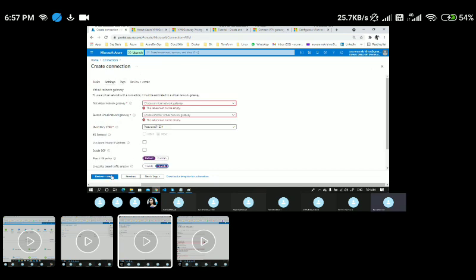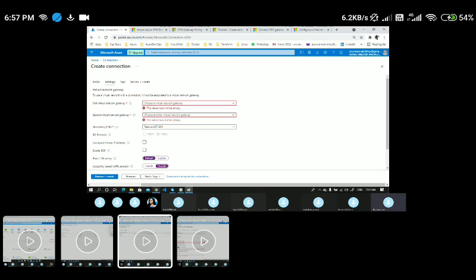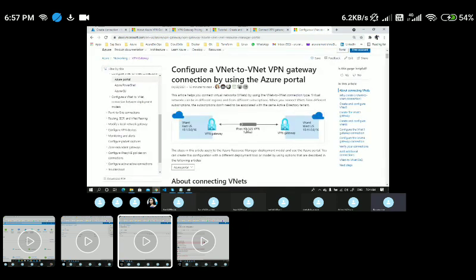go to tags, review and create it, and then this particular communication will be established between these two VNets. This time the communication will be routed via the public internet, and this traffic will be encrypted using this particular IPsec tunnel with the help of this VPN gateway. I'll go back to the documentation again. So here we are creating an IPsec tunnel, and the traffic will be routed from this network to this network's resources. The communication will happen via route based because we have chosen route based.